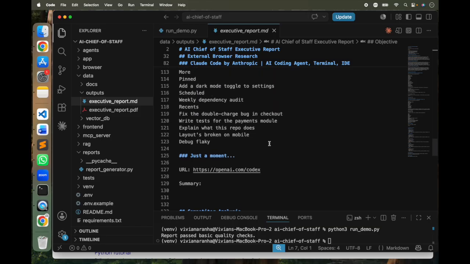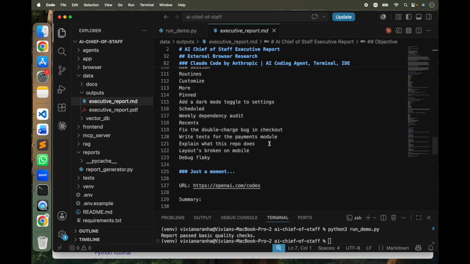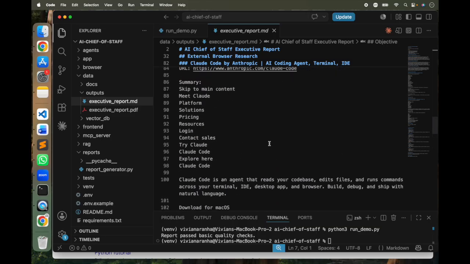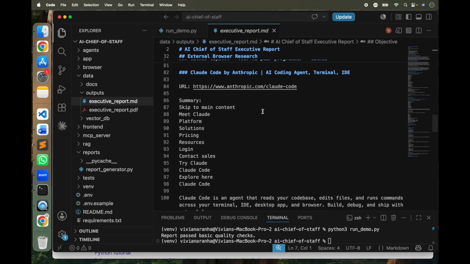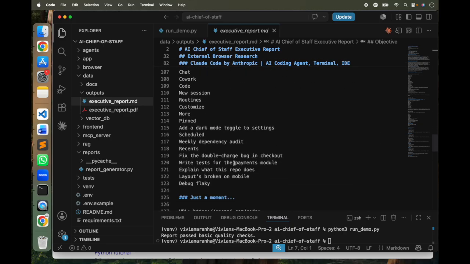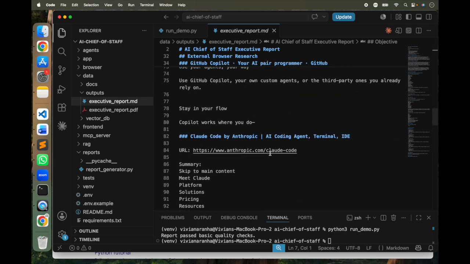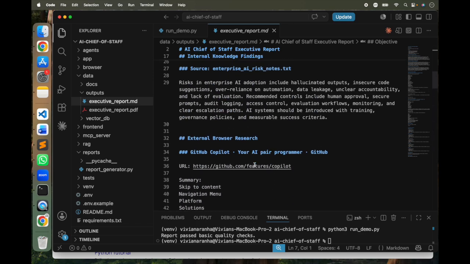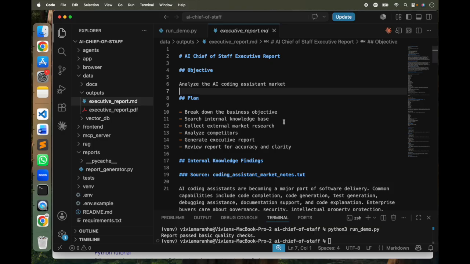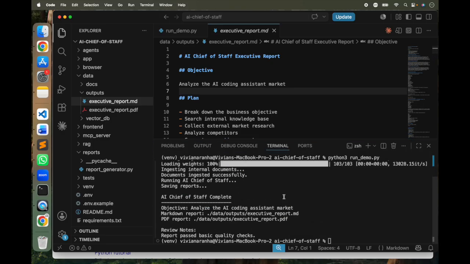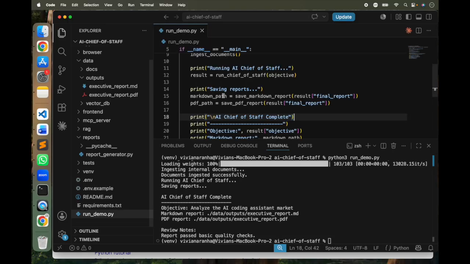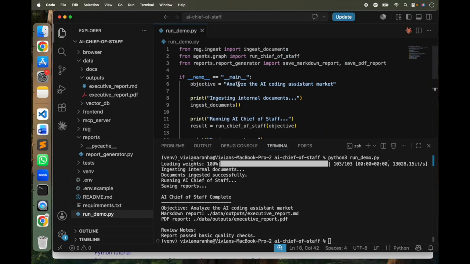It also went and opened the browsers, all the URLs, and gave me information based on those. It has all, like from Claude Code, whatever it found, from OpenAI Codex, whatever it found, and from GitHub Copilot. So all that detail, it did that within a few seconds. It would take forever for us to do that. Now, if you want to try something else, you can always update your objective and change things based on that. But I'm not going to go into that because I'm going to go into our next step, which is